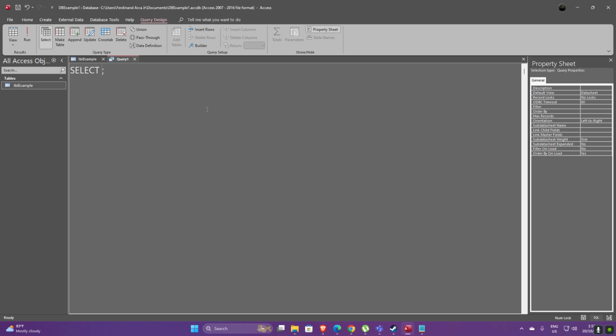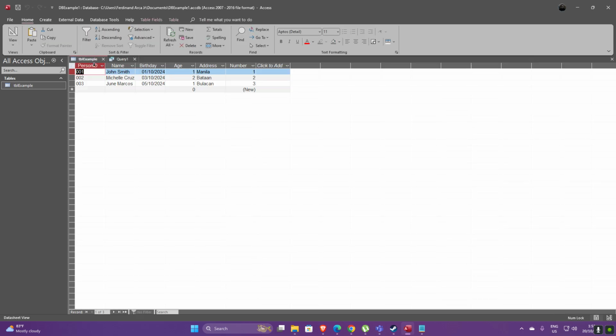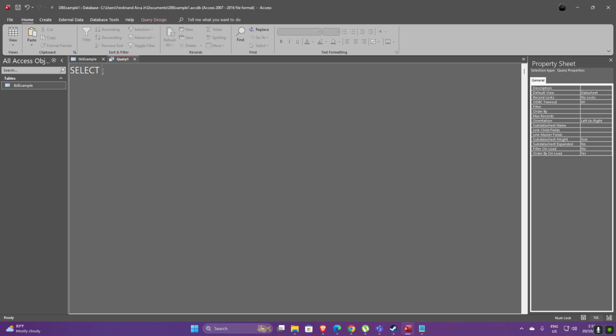So the first one is SELECT. So what does SELECT do? SELECT identifies the fields that we would want to see. So right now we have six fields: person ID, name, birthday, age, address, and number. So to be able to display everything, we need to select all, and the asterisk means all. That means that the data on the table will be seen